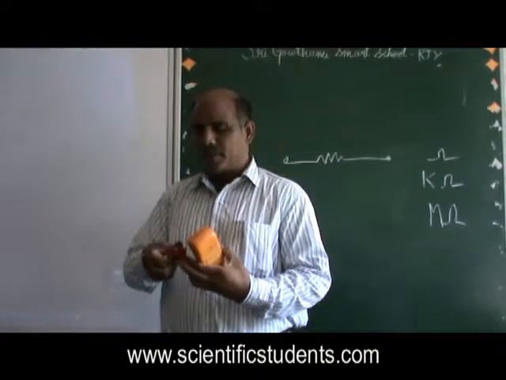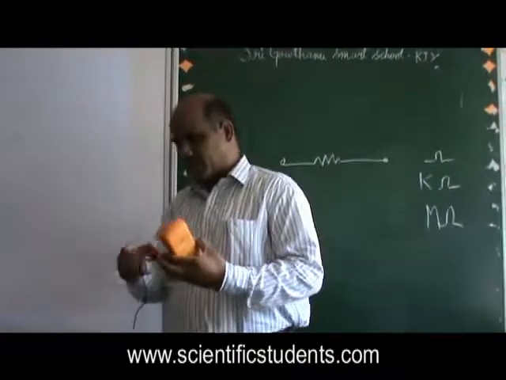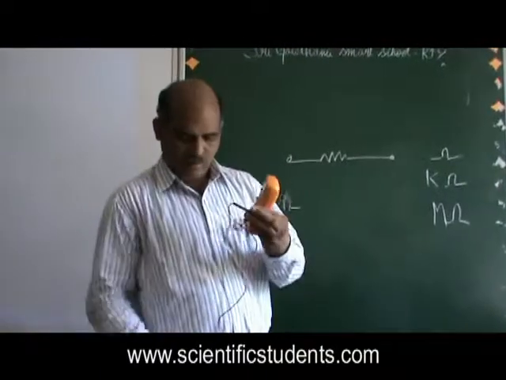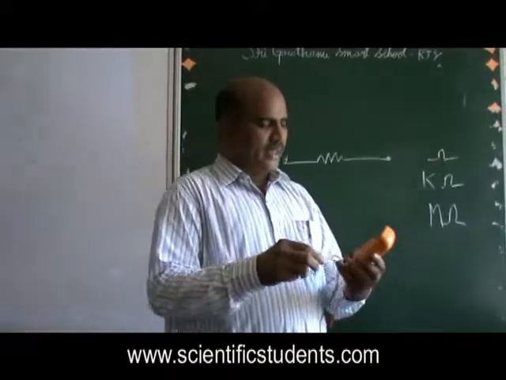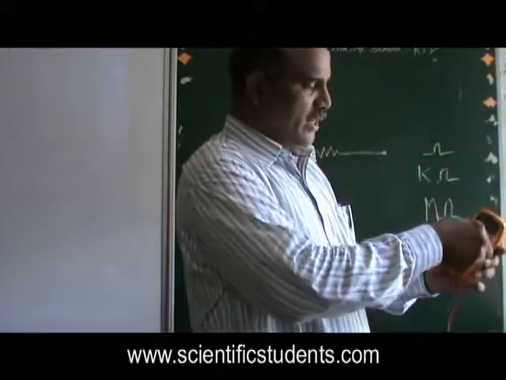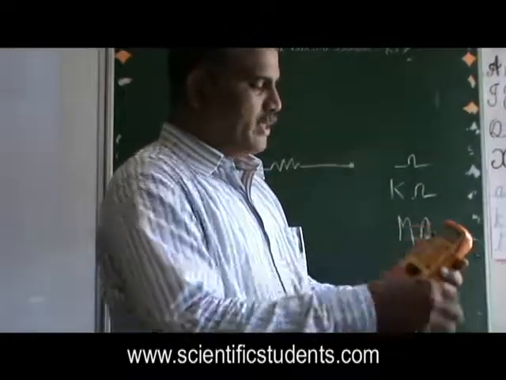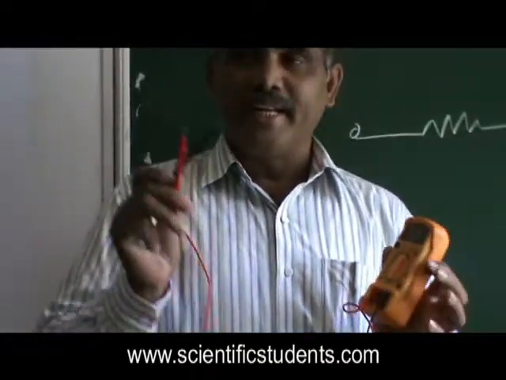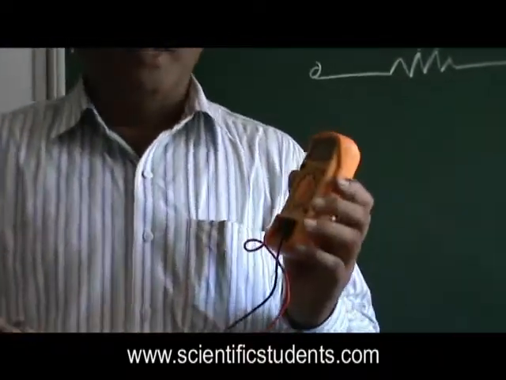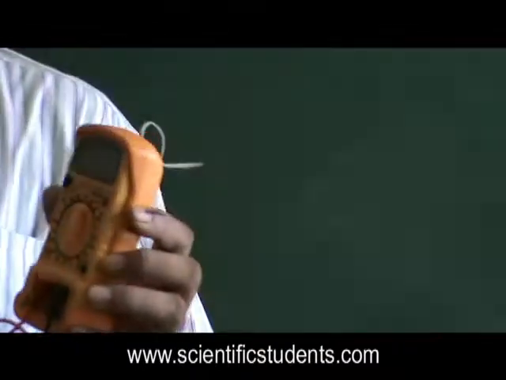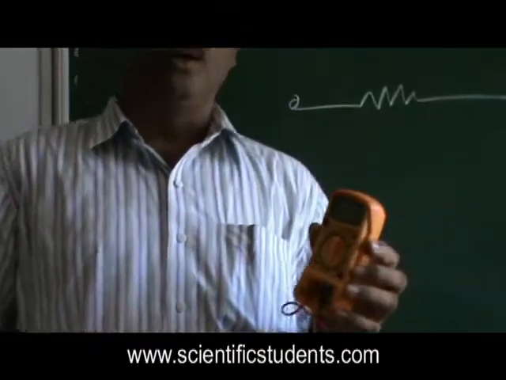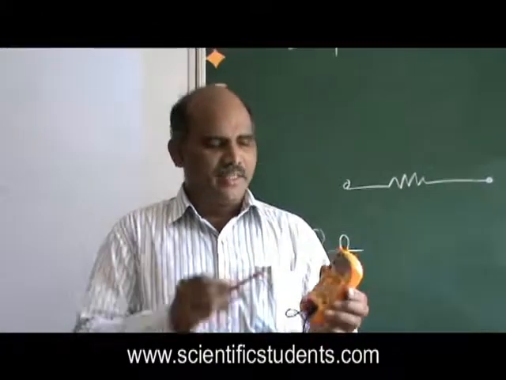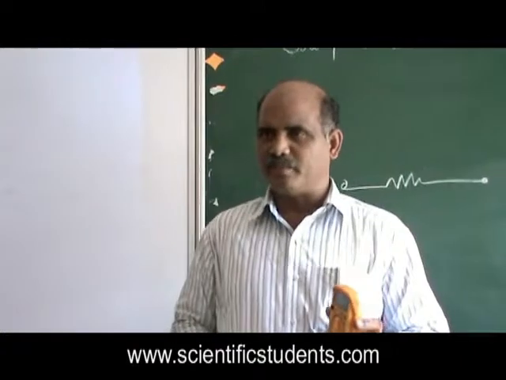So here what you need to do with these probes, very important. If you keep these probes and also keep this selector switch in 200, then what happens? You can measure the resistance up to 200 ohms only. It is the biggest mistake a lot of children make, that they just keep it in 200 and they want to measure the resistance 1 kilo, 2 kilo, and they come to me, sir, it's not showing anything, sir. It is always 1, sir. They come to me and they ask me.